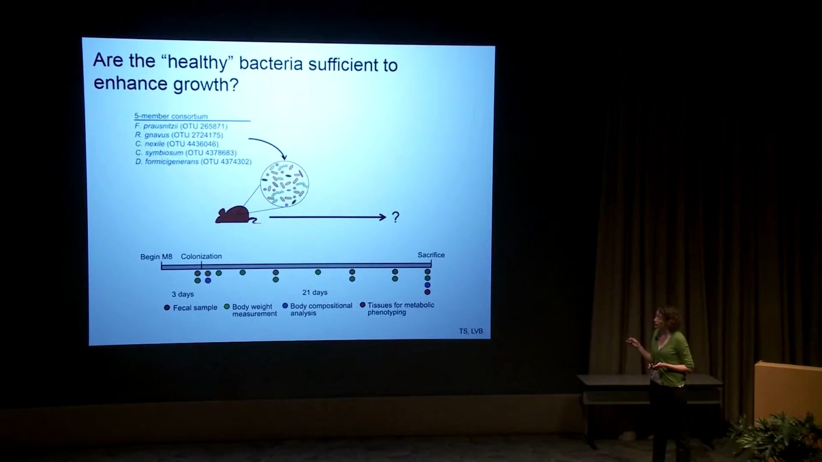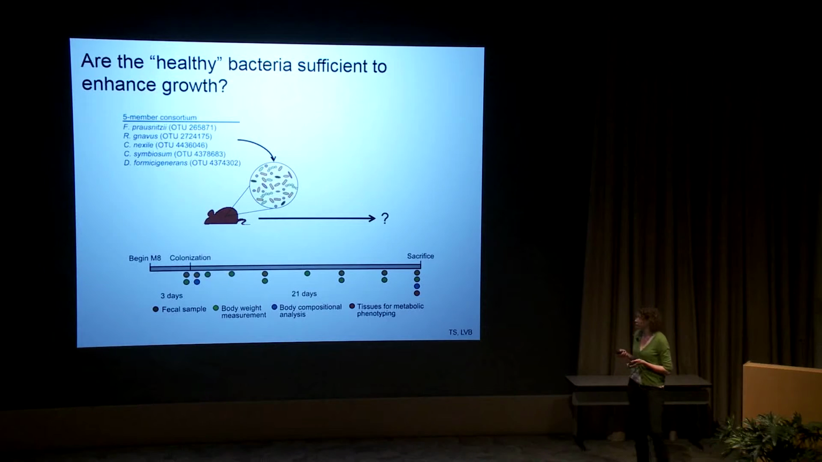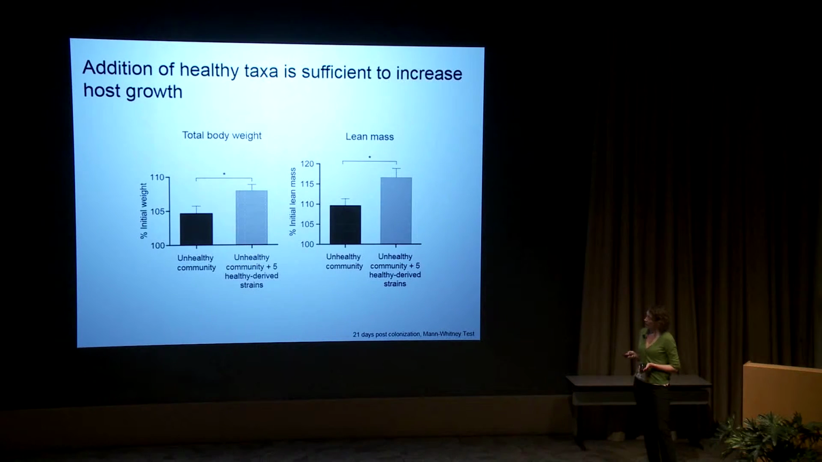Having cultured out about 5 of these healthy community-derived invaders, I simply added them to my unhealthy community and wanted to see what would happen. I saw that the addition of these healthy-derived strains, both by total body weight and lean mass, caused an increase in growth compared to the unhealthy control, showing that the addition of these healthy taxa seems to be sufficient